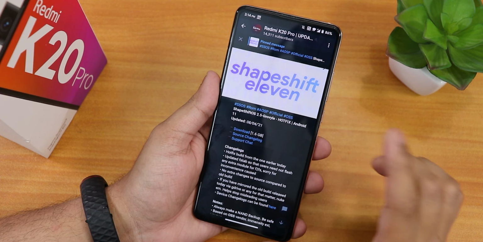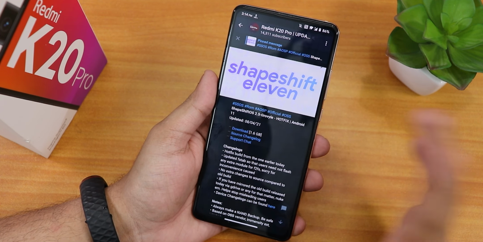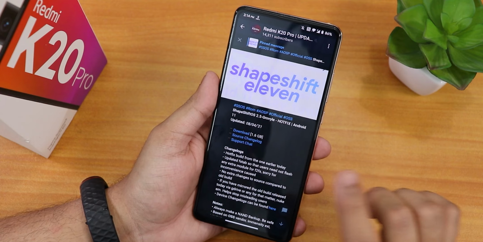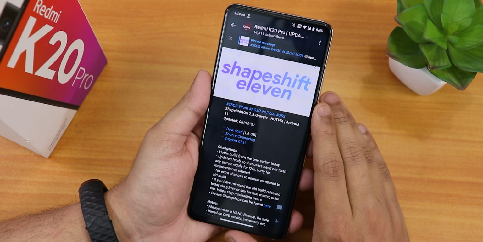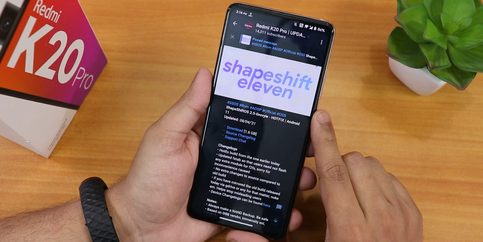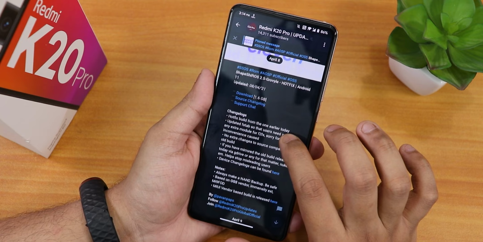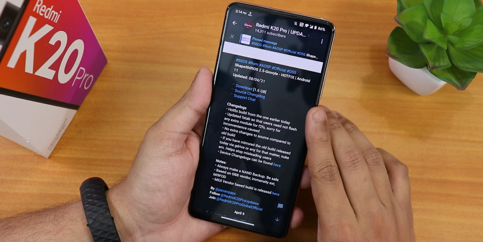This is SafeShift version 2.5, and you can see the name here is Groovile, you can spell it like that, and there is "hotfix" written because this update was a hotfix, because earlier there were some issues I guess, and it's based on Android 11 of course. But the most important thing to say is that this is based on OS's vendor, not MIUI vendor.